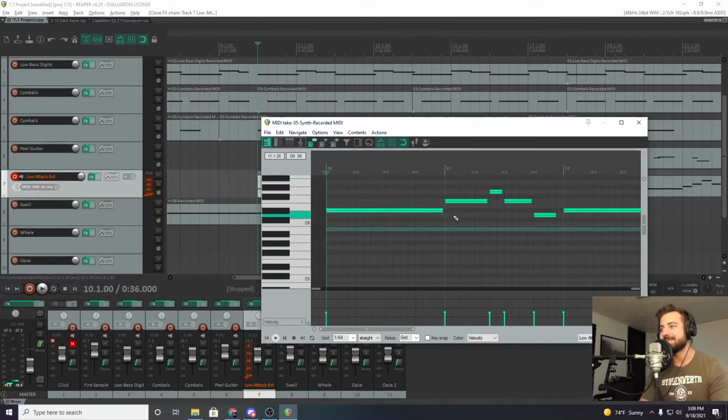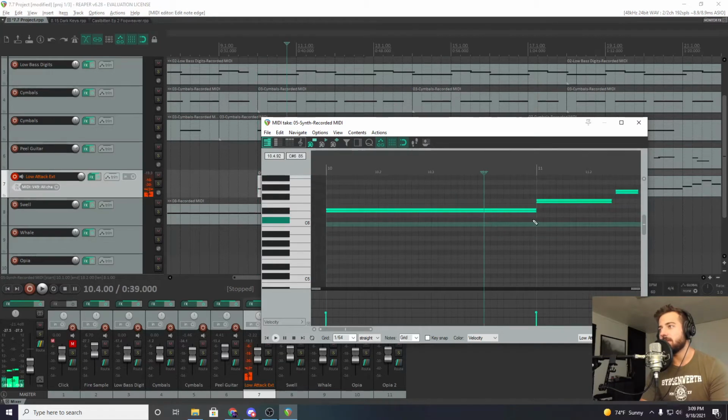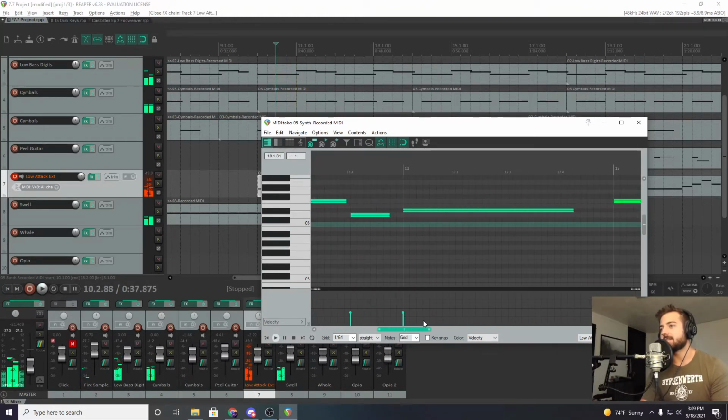But yeah, so just little stuff like here. If I were to fill out the note all the way to the end of the measure, it's a bit muddy, right? They blend through a little too much. Whereas a little breathing room there is just right. Maybe a little more here.